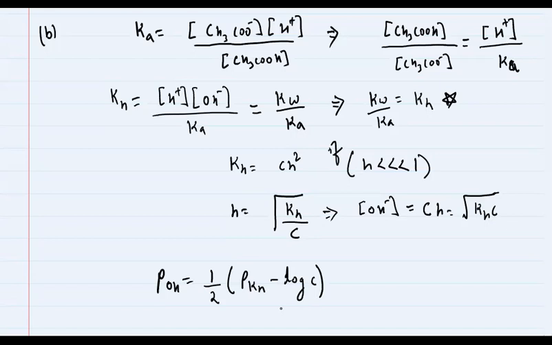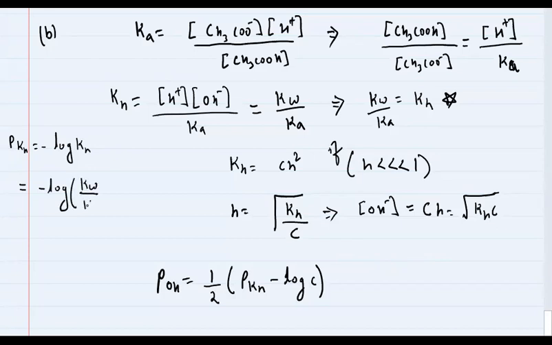Okay, but we don't know the value of Kh. We have to convert pKh into Kw and Ka. So we know that, let's see. Just think about it. I'll just use this portion of the screen to find. So we know that pKh is equal to minus log Kh, which is equal to minus log